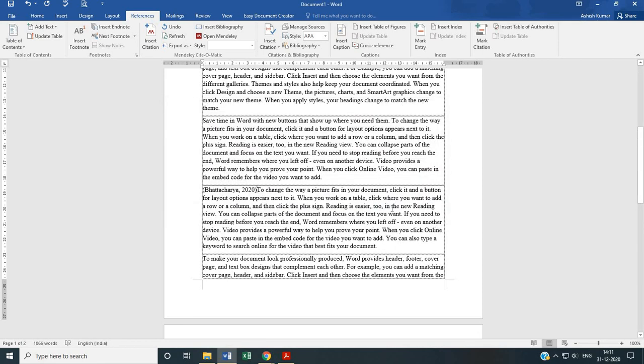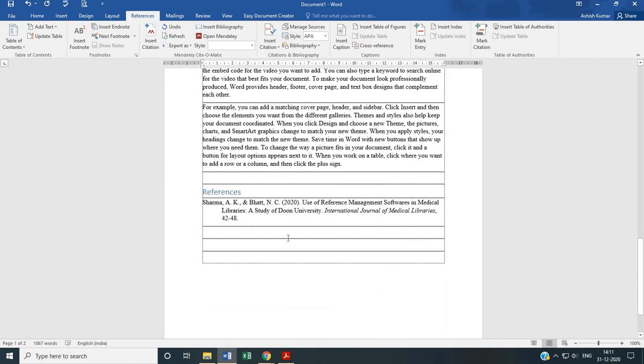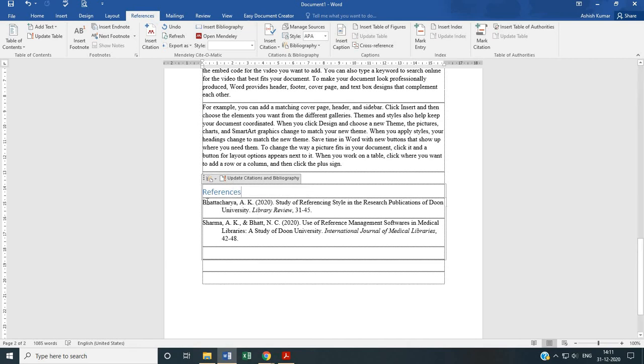So I get this. You can see, because my cursor is there, it automatically senses that for this paragraph the information is provided. So it automatically has taken Bhattacharya 2020 for this one. I can come here and, because the reference is not provided here, I have to update it. Once I click Update, the information appears here. You can see Bhattacharya. So it automatically comes.